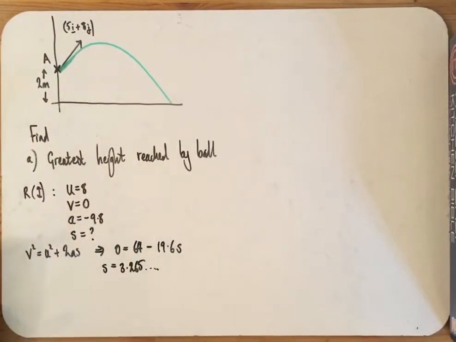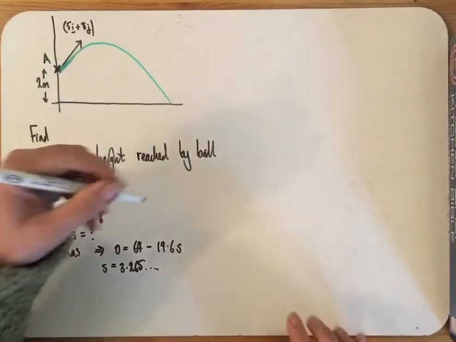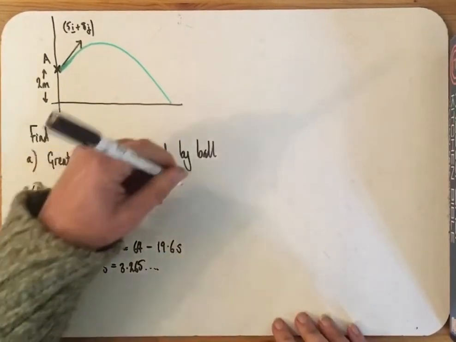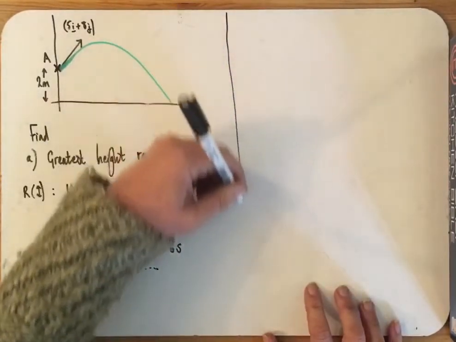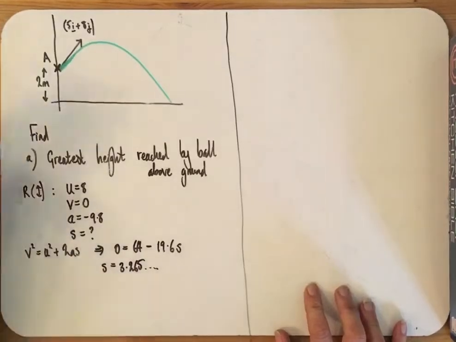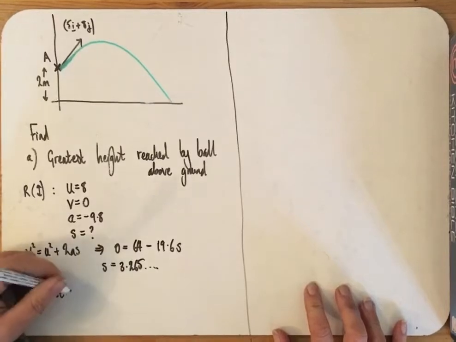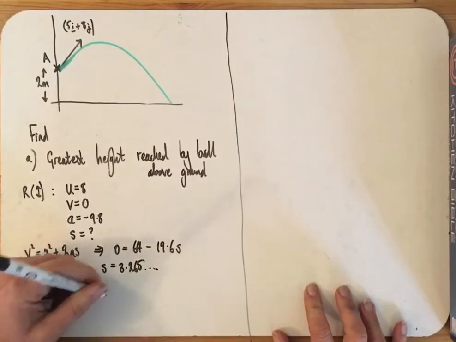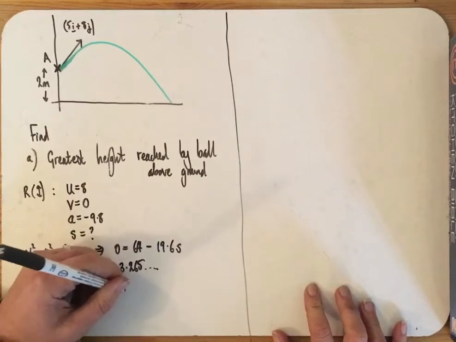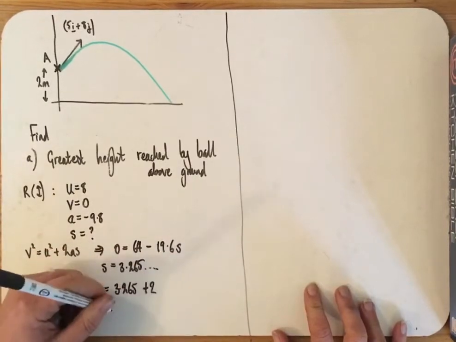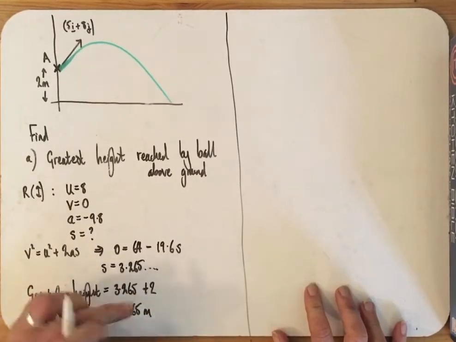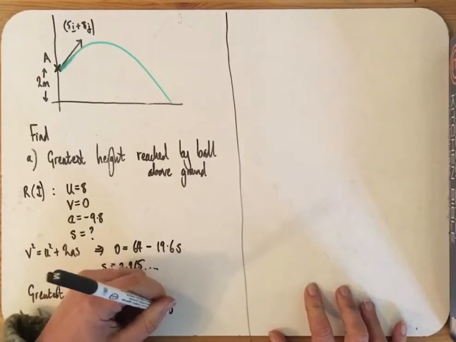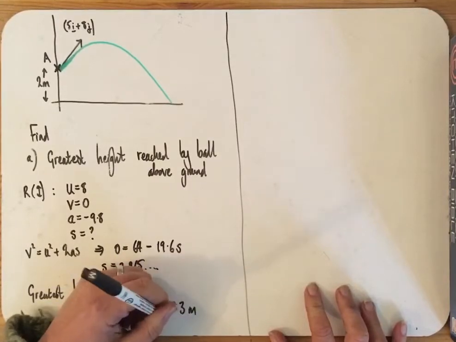That's not the greatest height reached by the ball above the ground. Make that clear. So again, just check you're answering the question being asked. So the greatest height above the ground will be 3.265 plus 2, which is 5.265 meters, but that's too accurate. So 5.3 meters as your answer